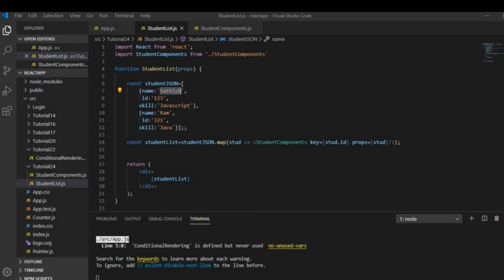So I'm going to mention array string equal to a square bracket. Inside that, I'm just going to have two strings, one holding the name Satish and the other my last name. Okay. So in this student list, instead of student JSON, I'm just going to use array of string